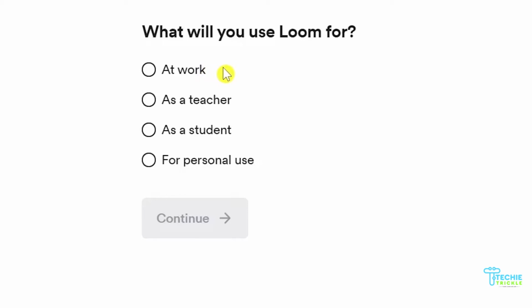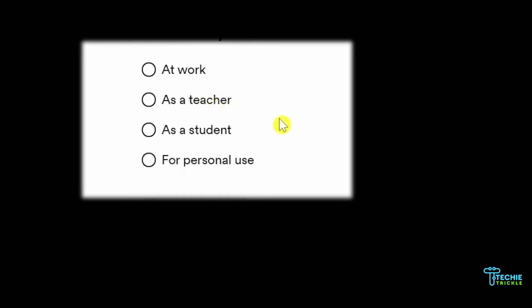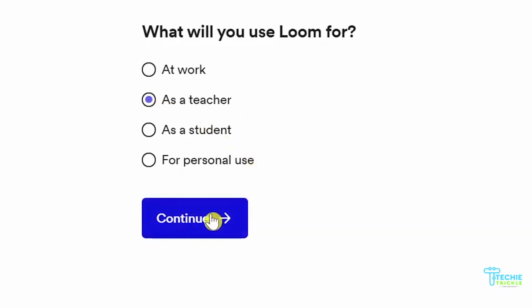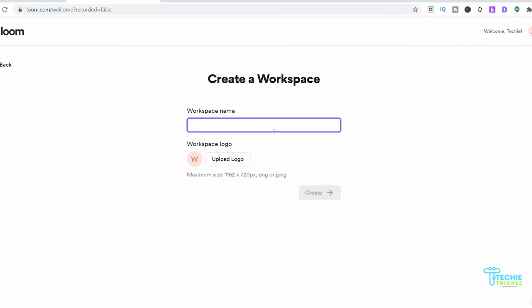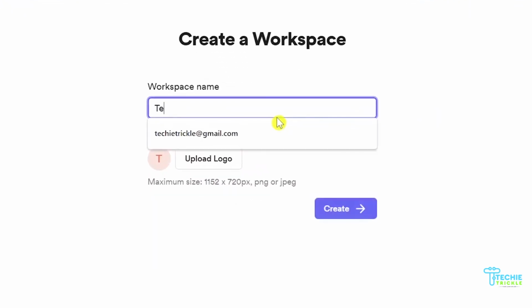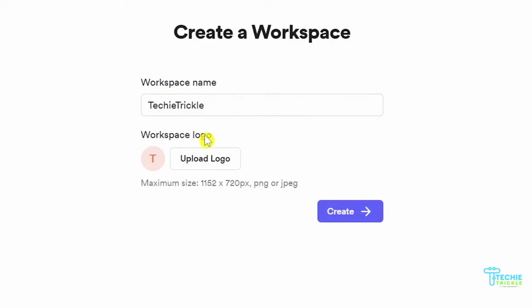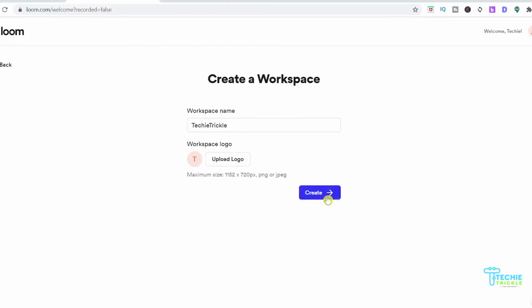Right now I would choose teacher and then click continue, although it doesn't matter much, so you can choose whatever you wish. I give it a workspace name, Techitrical, and if you want a workspace logo, you can choose and add it. For the time being I skip it and click on create.